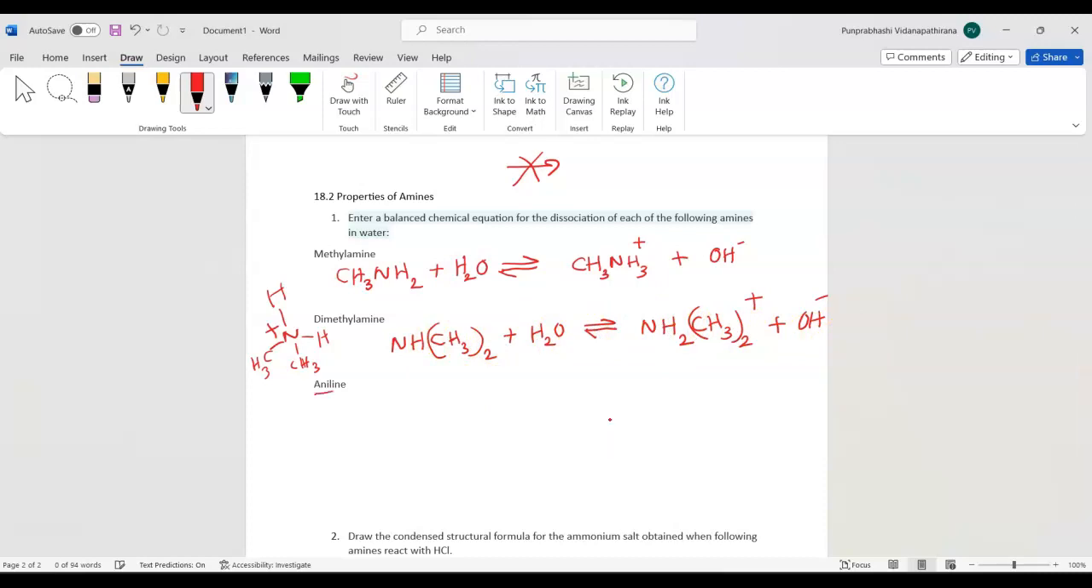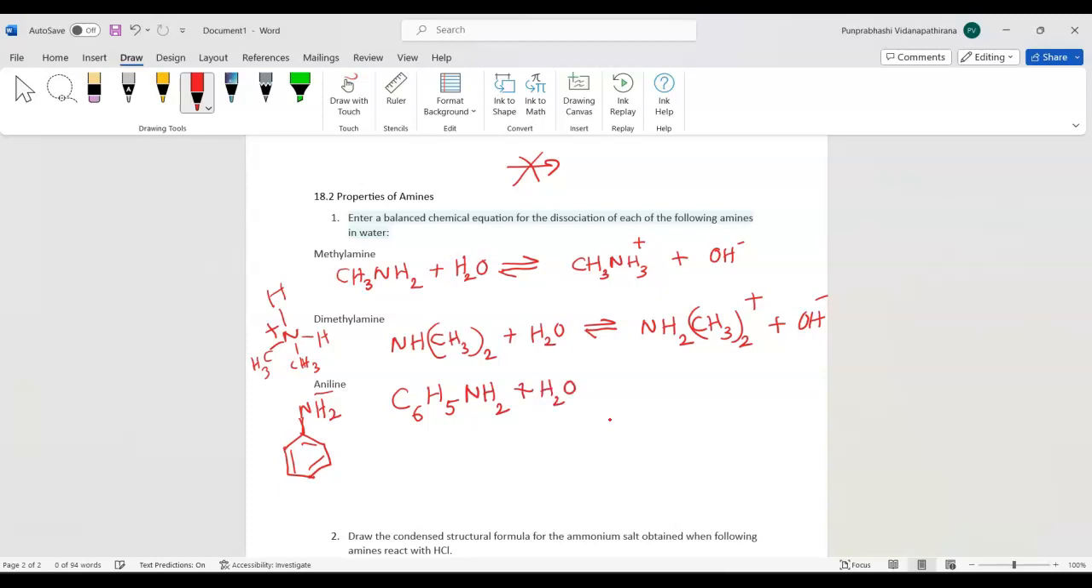The next one is aniline. What is aniline? That is the aromatic amine group attached to the benzene ring. So how do you write this in the chemical equation? Instead of drawing the skeletal formula for the benzene, I will just write the molecular formula C6H5. C6H5 is the formula for the benzene group, so C6H5NH2. So this is aniline